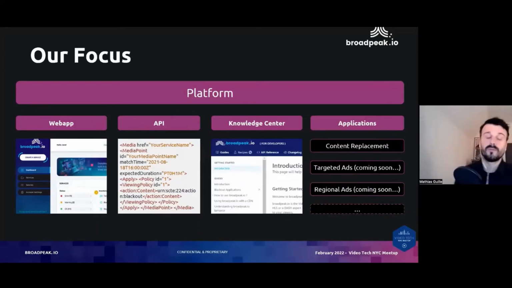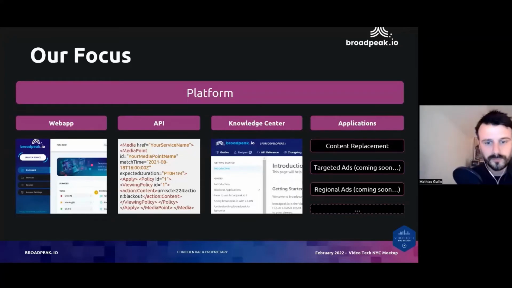Then after, what was important was to provide a knowledge center. Again, because it's a self-serve platform, the idea was to let the customers run the technology by themselves, to troubleshoot it by themselves as much as possible, and to test it very quickly. And you'll see that a little bit later, but between the API and the knowledge center, we try to have a super strong correlation. So every time we change something on the API,